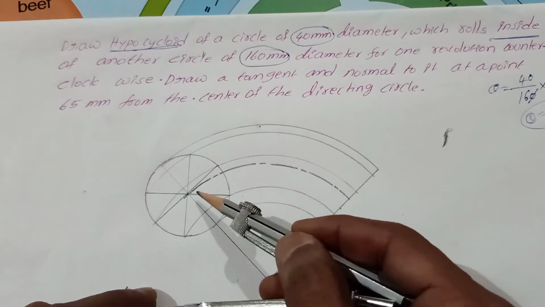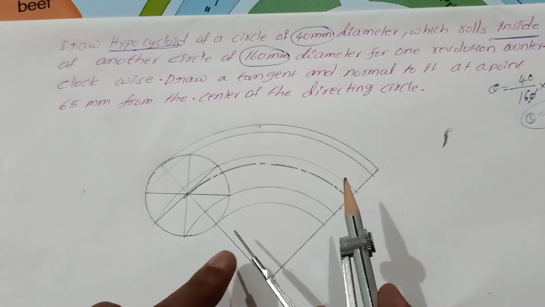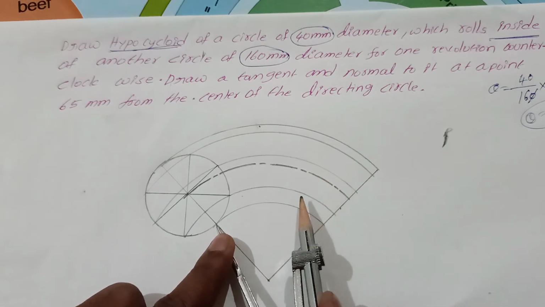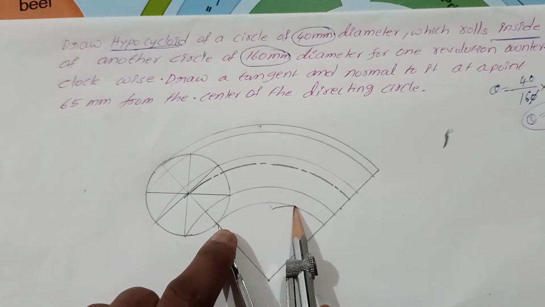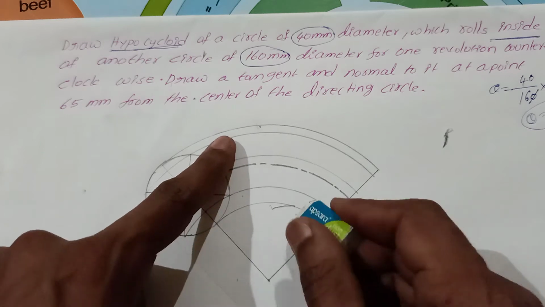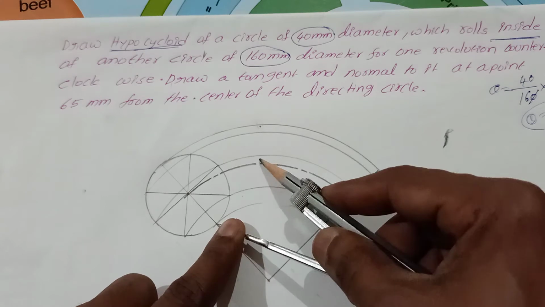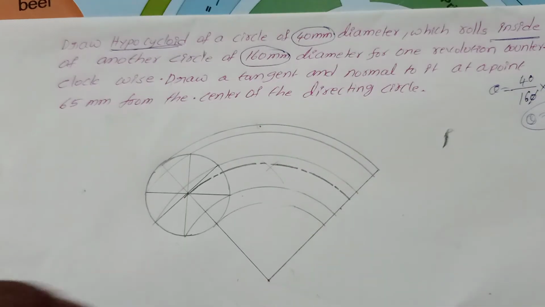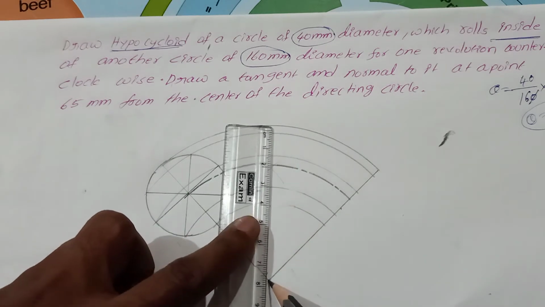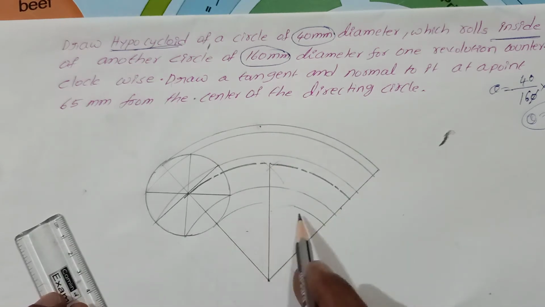Extend the lines till the central curve. See how I am dividing this sector into 8 parts. Take this curve, from this end take more than half. Draw a light curve and cut this curve from this end. Now draw the line through, till the central curve. Now the curve is divided into 2 parts.